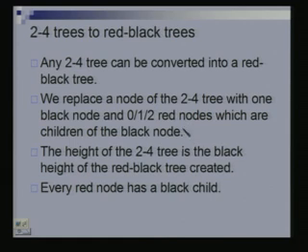So, first I put down a black node and then I put the appropriate number of red nodes, right. Now, this ensures that I will not have a double red problem. Why? I will not create one red node as a child of another red node, because what am I doing? I am first taking a node of my 2, 4 tree, first putting down a black node and then putting 0, 1 or 2 red children, right. And then when I take the next node of the 2, 4 tree, which is a child of the previous one, once again I will first put down a black node, right. So, I will not have 2 reds consecutively, that will be seen in an example shortly.